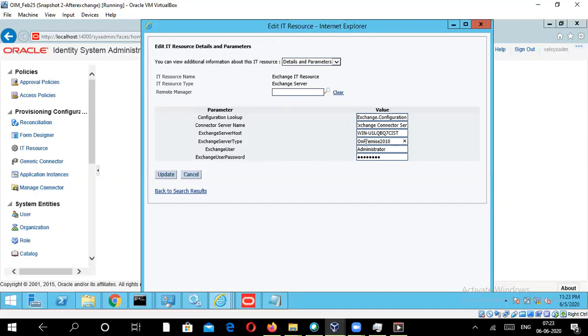Earlier I installed 2016 on the same machine I'm using for OM, but I had to uninstall it and do it all over again, because Exchange 2016 takes so much memory and I can't allocate that much to my Exchange machine. So I configured Exchange 2010. Then the username and password are the administrative username and password for your Exchange system. So that's the IT resource parameter for Exchange.